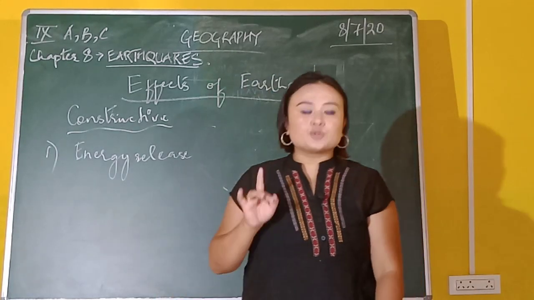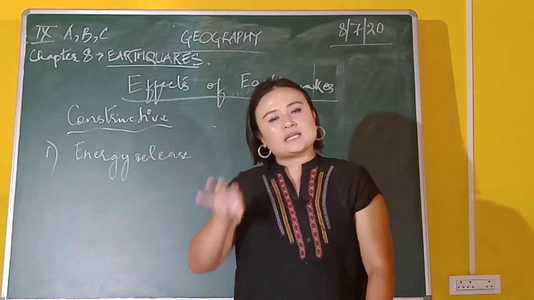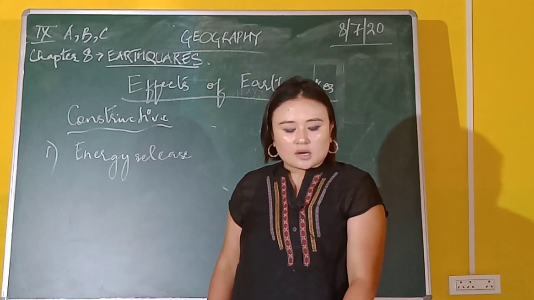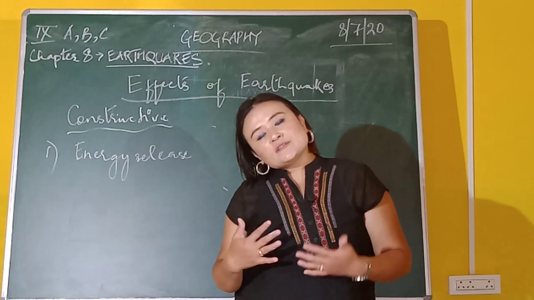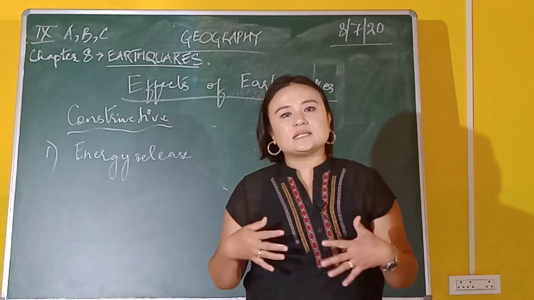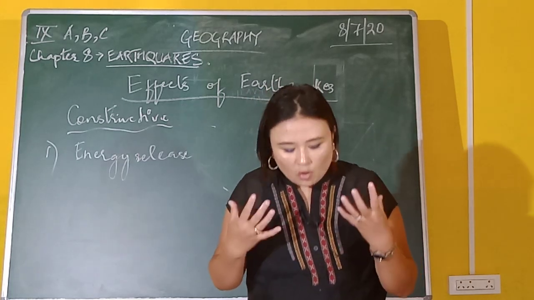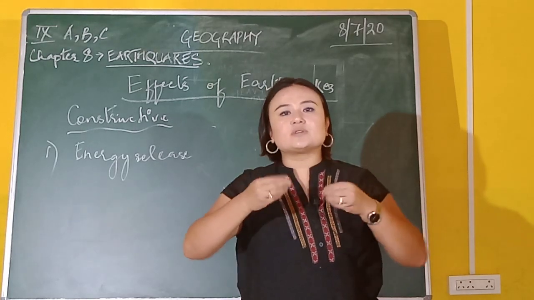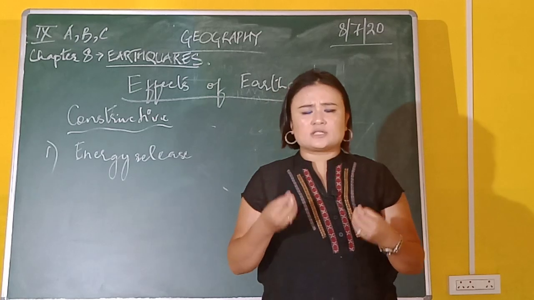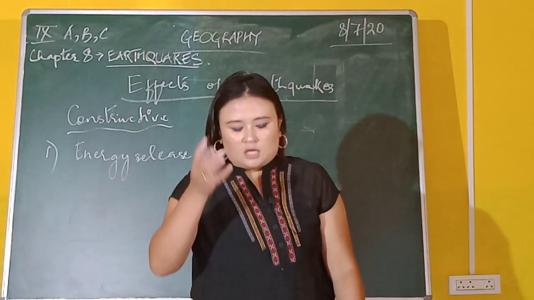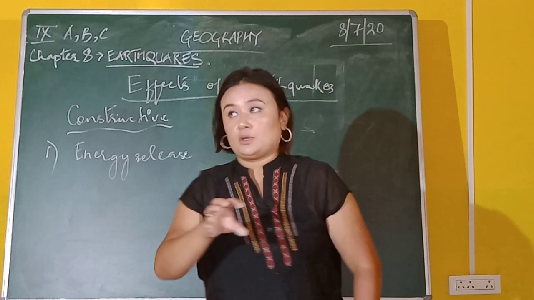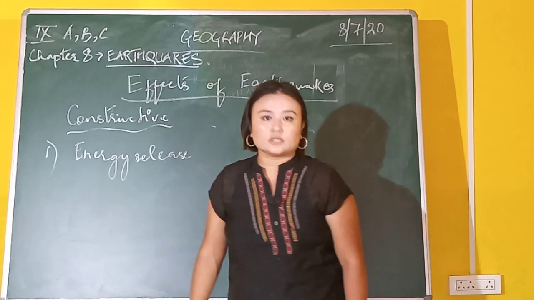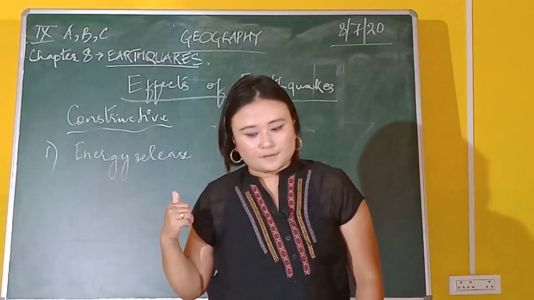Earthquakes help the Earth to release the stored up energy that is inside the surface of the Earth. The majority of earthquakes occur around the plate margin. The energy that is released when an earthquake hits a region allows the Earth to be kept in good shape. That means the energy released during an earthquake is helping the Earth to be in good shape. So this becomes the first primary constructive effect of an earthquake. I hope people understood the first constructive effect.